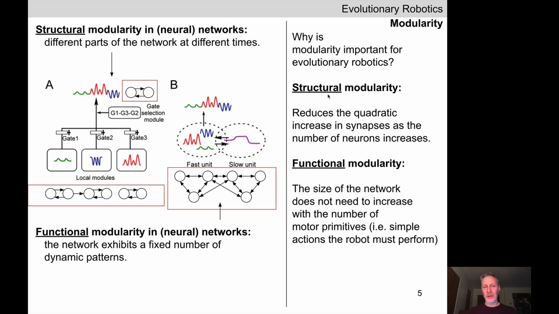If you don't have structural modularity, if you have a neural network in which every neuron is wired up with a synapse to every other neuron, then as the number of neurons n grows, the number of synaptic connections grows quadratically, as a function of n squared. Every neuron has to be wired up to every other neuron, including itself. So lack of modularity,